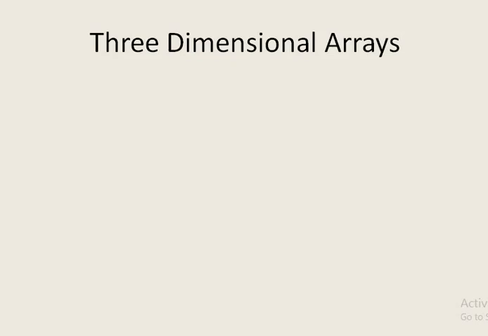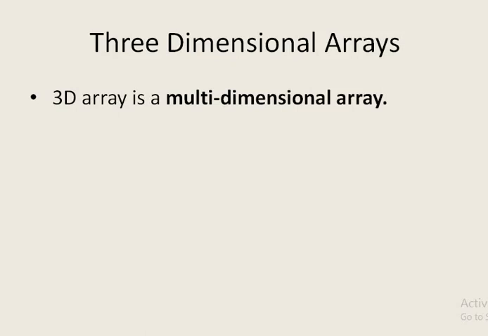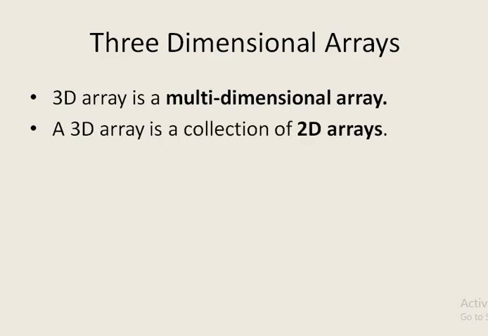Today, let us see three-dimensional arrays. A three-dimensional array is a kind of multi-dimensional array. A multi-dimensional array means it is an array of arrays. So here you have three-dimensional arrays. So it can be considered as an array of two-dimensional arrays, or simply we can say that it is a